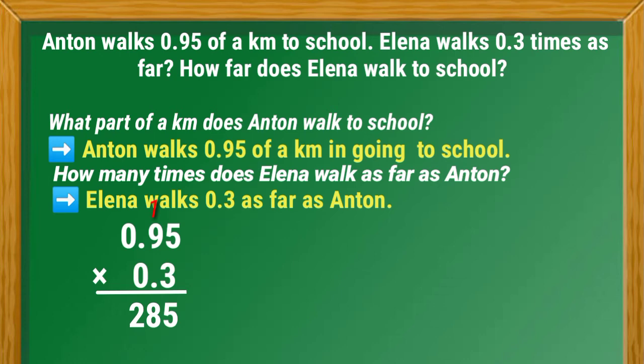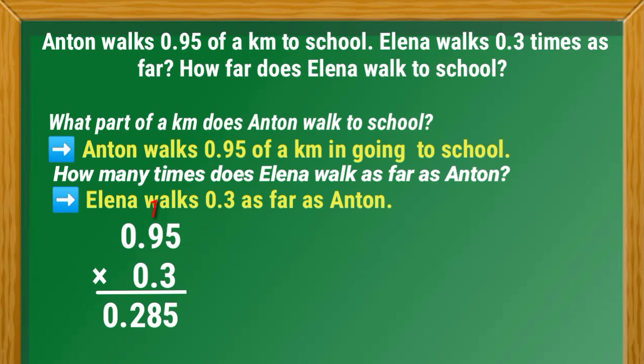Is this your final answer? No, because we still have decimal places in our factors. So count the number of decimal places in the factors. We have 2 decimal places in our multiplicand and we have 1 decimal place in our multiplier. So all in all, that is 3 decimal places in the factors. So let's indicate the same number of decimal places in the product by counting the number of decimal places from the right going to the left. So let's count 3 times. So the answer is